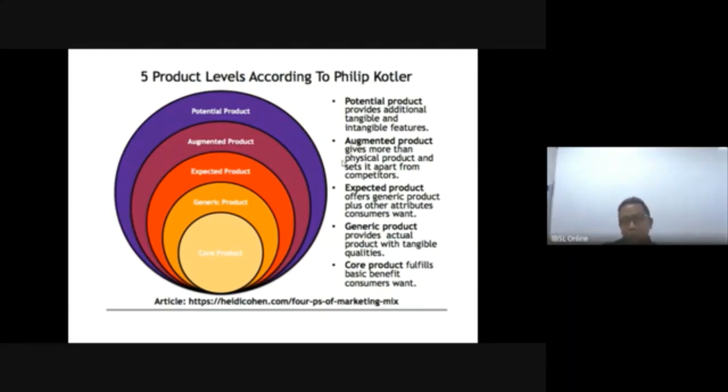A car at the augmentation level. What is the potential car? It provides additional tangible and intangible features. Maybe a car that we don't know, the potential car may be very different. If you take today's